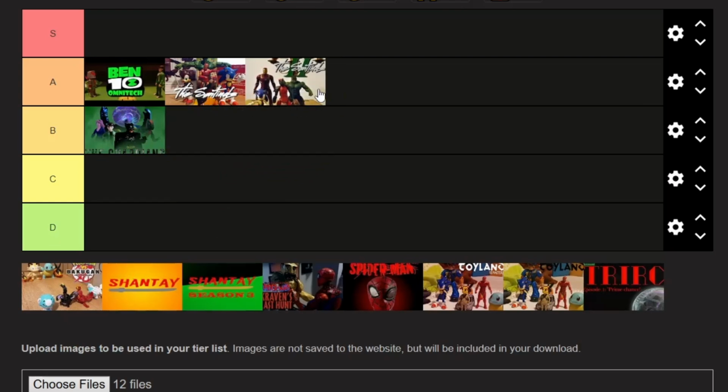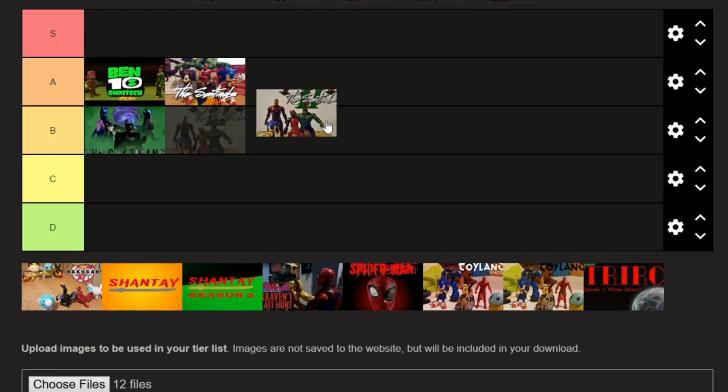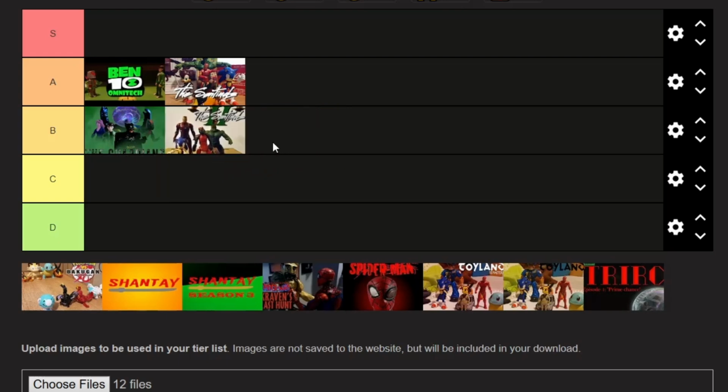Next up is Sentinels 2, and you can tell from the thumbnail, it's not many more members, but Sentinels 2 I feel is very lackluster as a movie. I enjoyed working with Norman's version of the Green Goblin. However, especially the action scenes, apart from the two fight scenes with Spider-Man in it, I didn't really like this movie and how it turned out. It's fine, it's okay, I don't mind it, but right now I definitely think there are things I would do differently. So I'm going to put it in B tier.